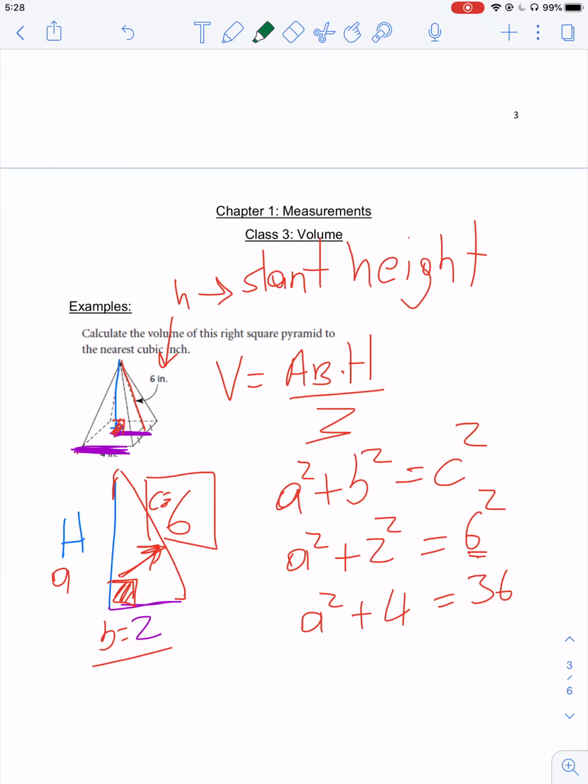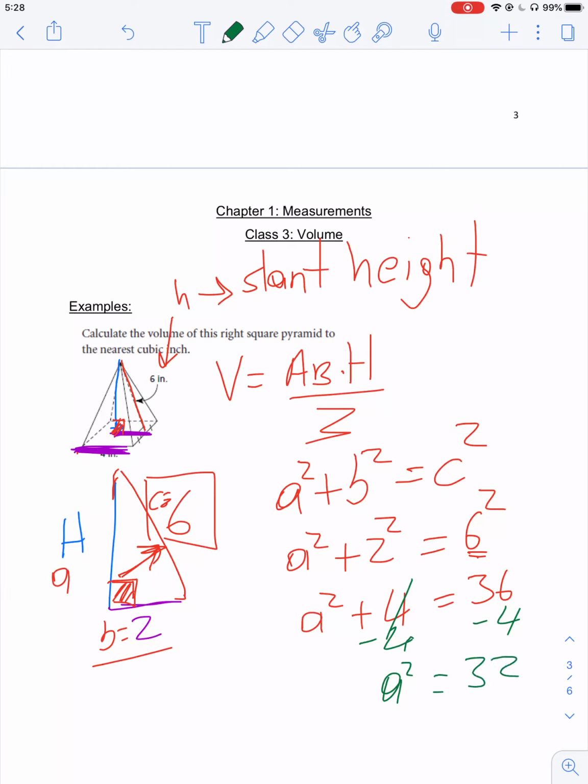If I can get rid of this 4, then I'm going to have a squared by itself, which is what I want, right? So how do you get rid of the 4? Do the opposite. The opposite of plus is minus, so you do minus 4. So this disappears, and then you have a squared is equal to